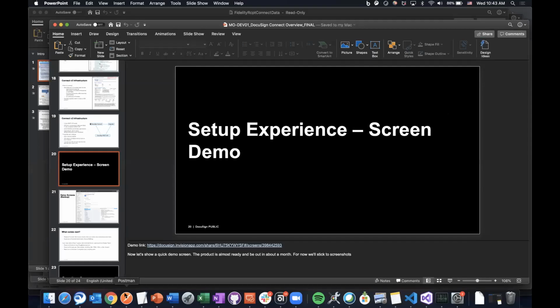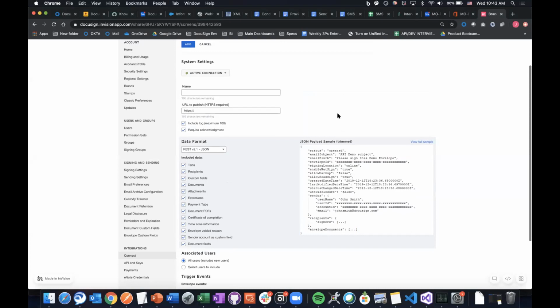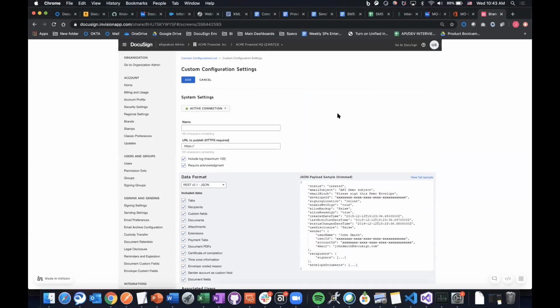Okay, so let's quickly jump into a screenshot here. This V2 infrastructure is launching very soon, probably within the next month or so. Right now, I'm just showing a screenshot to give you a good sense of what's actually changing. So this is a DocuSign Connect configuration page.